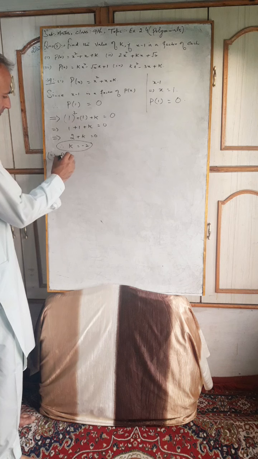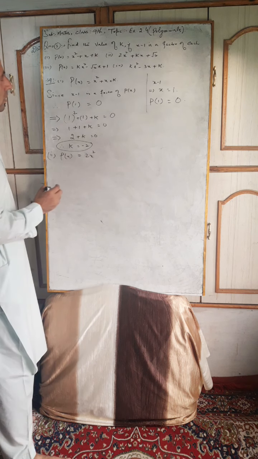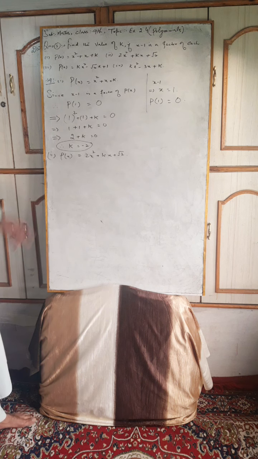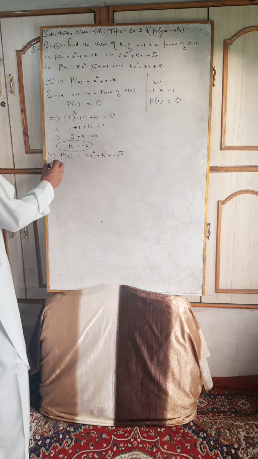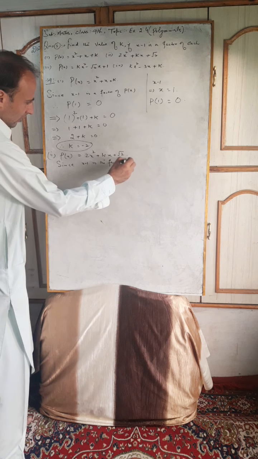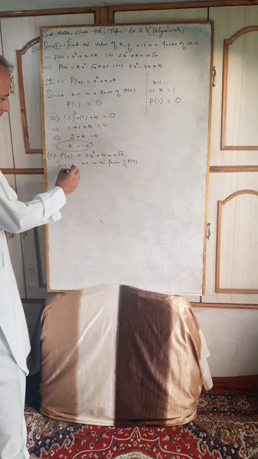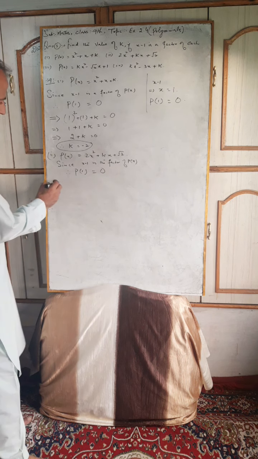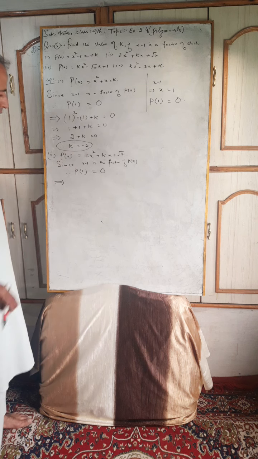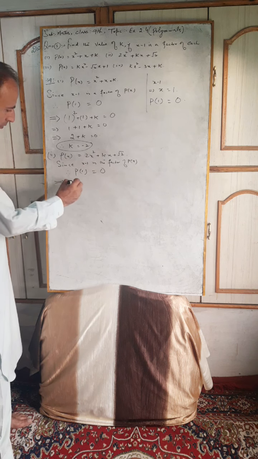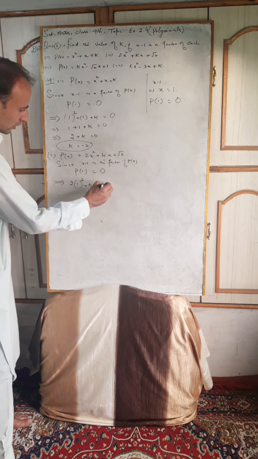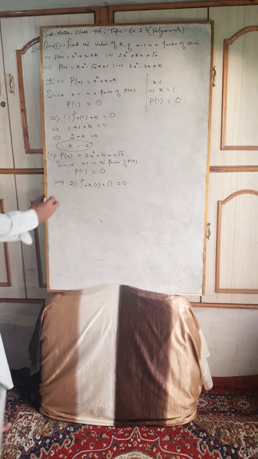p of x is equal to 2x square plus kx plus square root of 2. Since x minus 1 is the factor of p of x, therefore by factor theorem p of 1 should be equal to 0, which implies since p of x is equal to this polynomial, in place of x we have to substitute x is equal to 1, implying 2 into 1 square plus k into 1 plus under root 2 is equal to 0, which implies